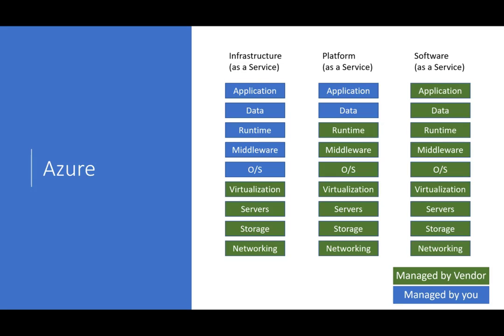So first thing first, what is Azure? As you know, Azure is a cloud service which provides you three different types of services: infrastructure as a service, platform as a service, or software as a service. Based on what you choose to build your software systems or build your products, you have to manage some of this stuff. As you see here, the green icon is managed by vendors and the blue icons are managed by you. If you choose software as a service, you literally don't manage anything, and everything is managed by the vendor. The vendor will manage your networking, storage, server, operating system, or anything behind the scene. You will just go and consume the service.